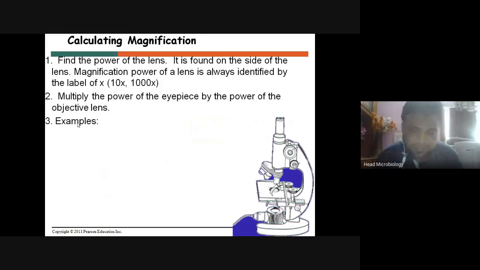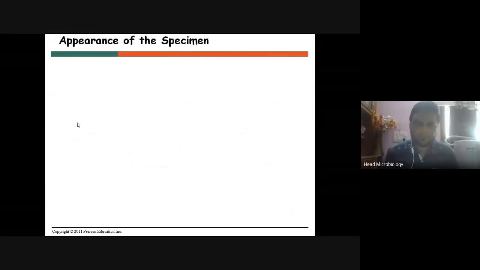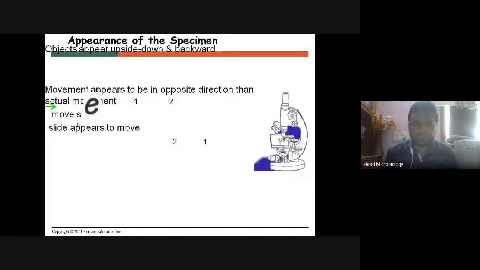If you want to calculate the magnification of an individual lens, see, somebody has provided you an objective piece or eyepiece, some lens is provided to you. You are supposed to find out its magnification. Something is written over there, 10x or 40x, but you want to calculate it. If you want to calculate, how do you need to do it? So this is the multiplying. This is the reverse image you will get.